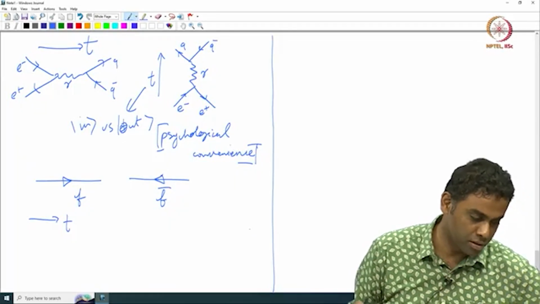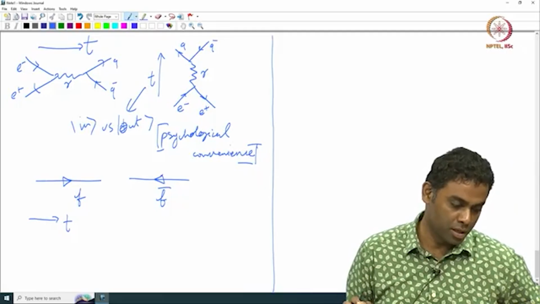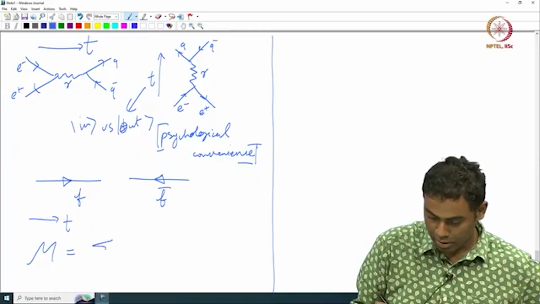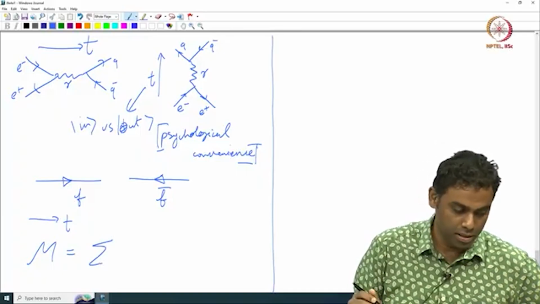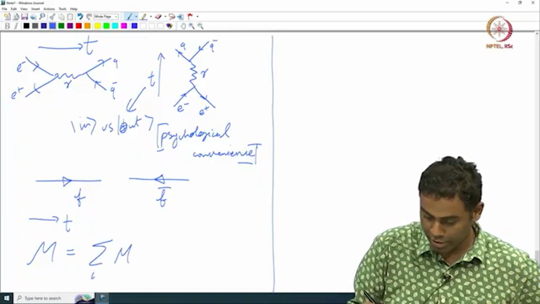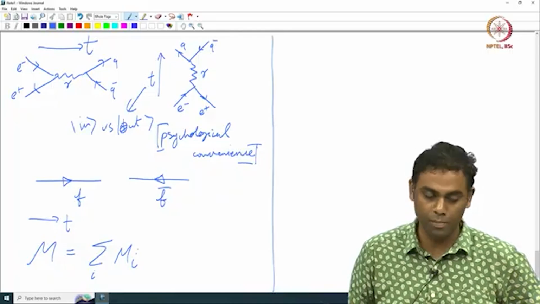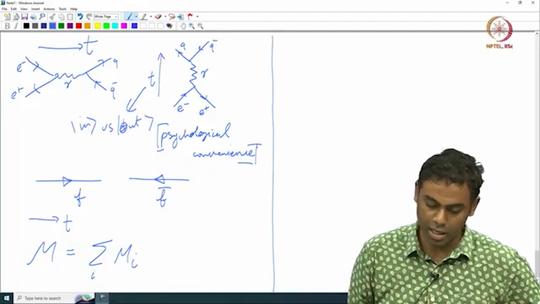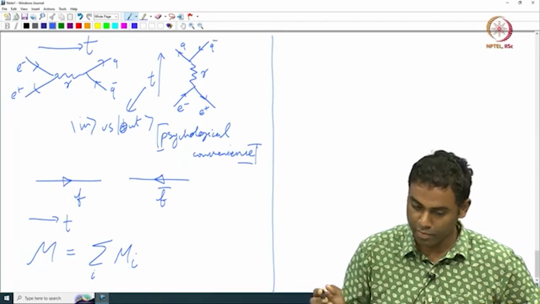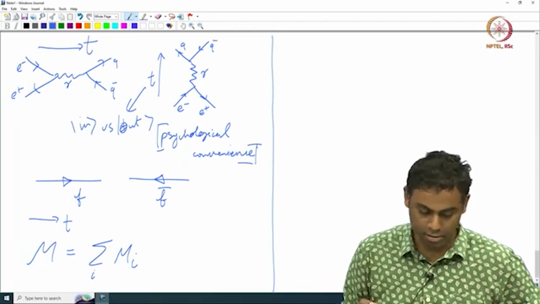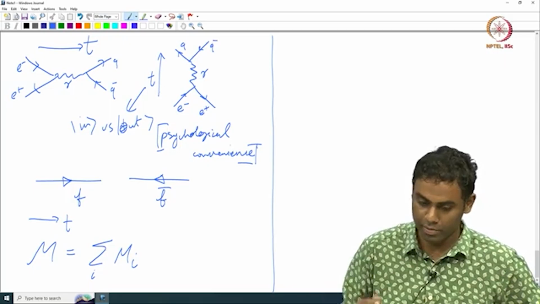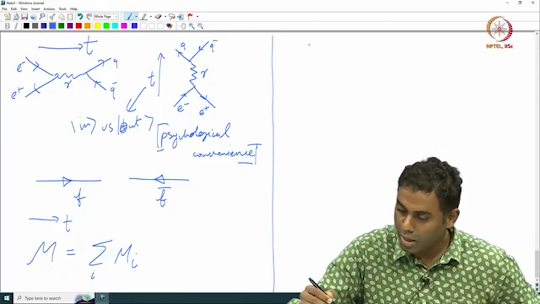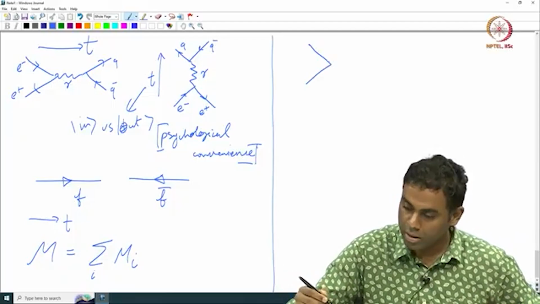So, we talked about how the total amplitude is the sum of the amplitudes because it had to take up all paths, right. So, now let us see what I mean by that pictorially. Let us take this process again, okay. E plus E minus going to Q Q bar. I can then draw this, of course,